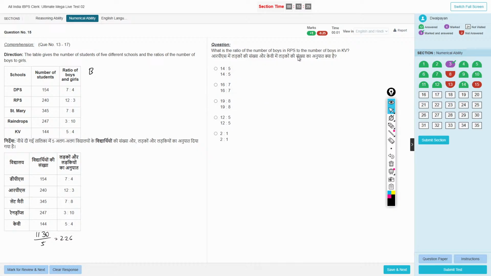The ratio of the number of boys in RPS. Okay, I have to calculate, right? Boys, girls. So 11, 1 for 14, 14 into 7,